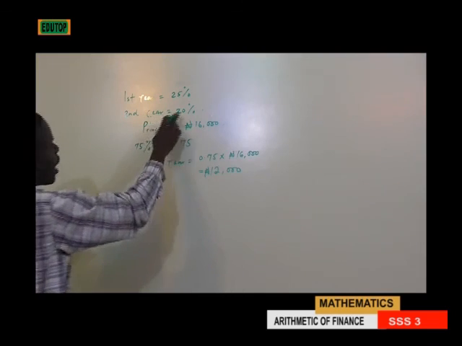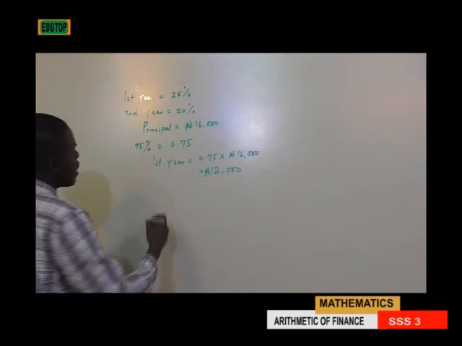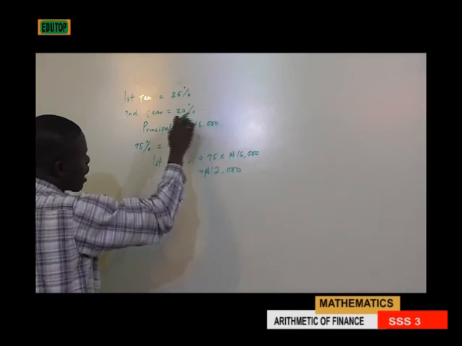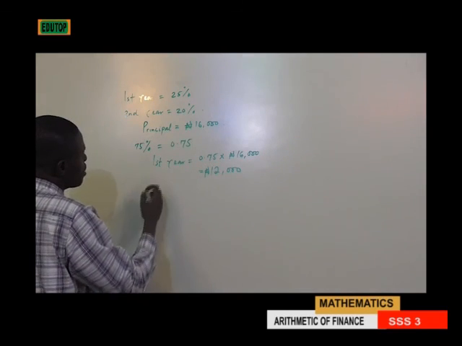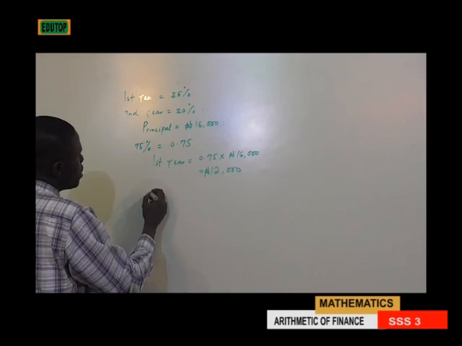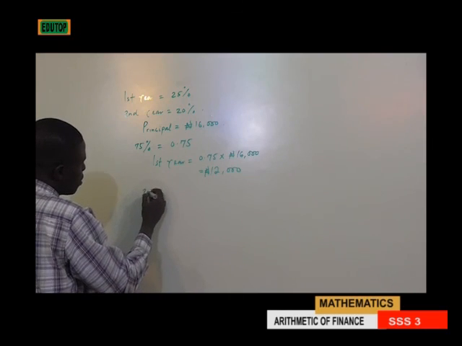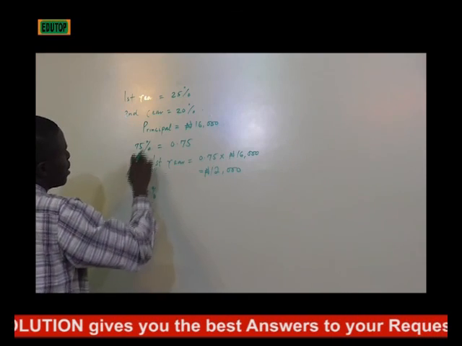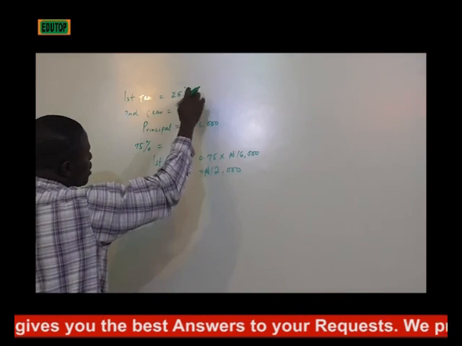And since the second year is 20%, automatically the amount that will be left after experiencing 20% depreciation will definitely be 80%. Since I have made us to realize that if you have 25% depreciation,